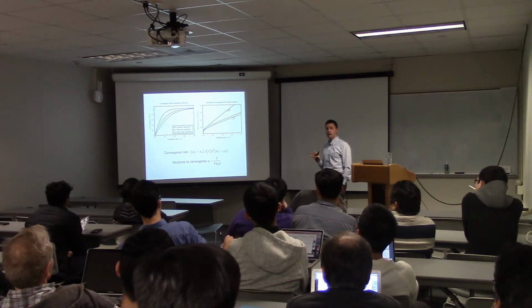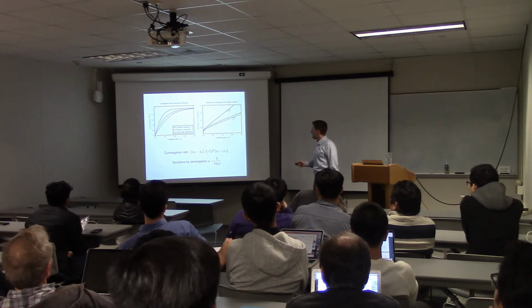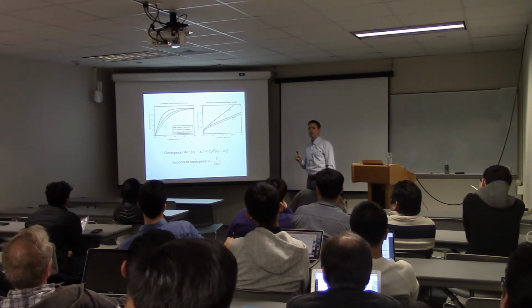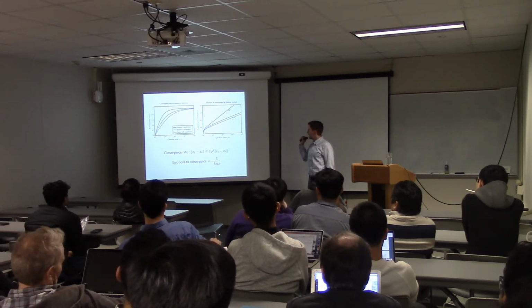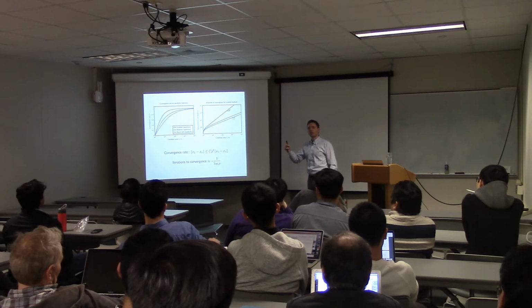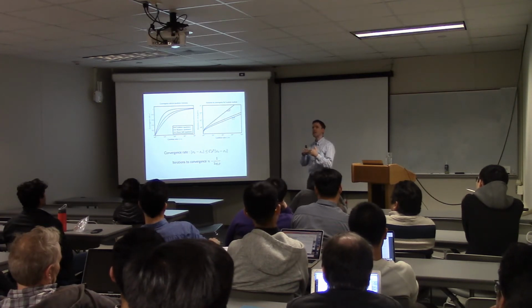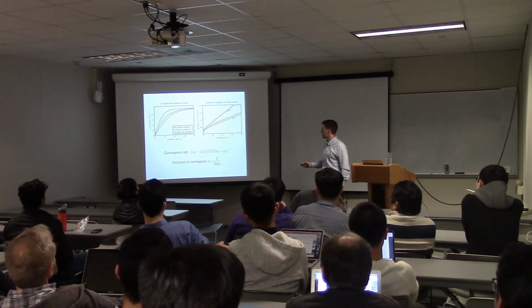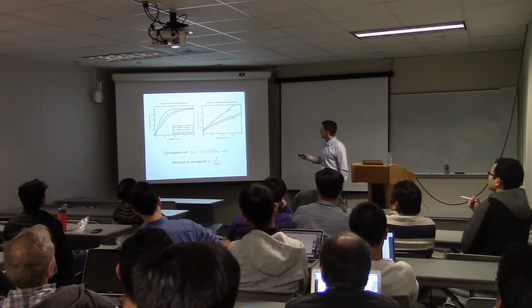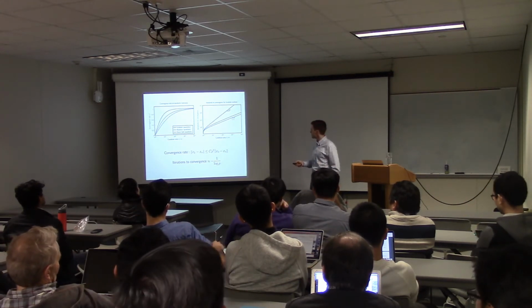The plot on the right actually shows the exact same information as the plot on the left, but plotted with different axes. On the x-axis, I still have L over m, but on the y-axis, I plot minus 1 over log rho. The reason I'm plotting this quantity is because it's a surrogate for iterations to convergence. For example, if I told you I want to converge to within 10 to the minus 5, what is the minimum number of iterations I have to do such that you can guarantee that I'm going to be that close? That number will be proportional to minus 1 over log rho. So this is not exactly the number of iterations, but it's proportional to the number of iterations I need to do.